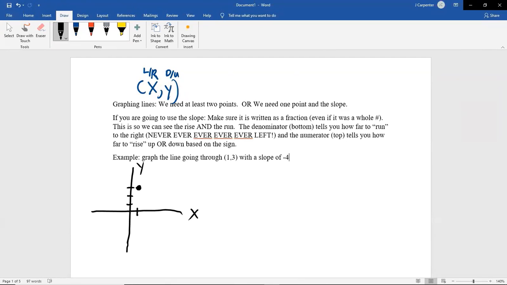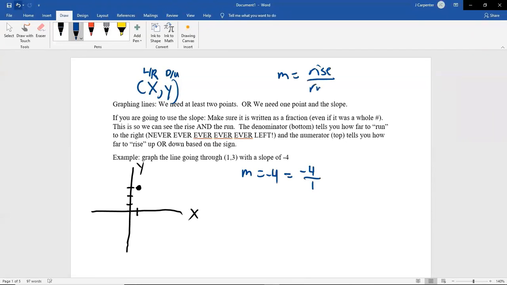So there's the 1, 3, that's this point, the 1, 3, right 1, up 3. And then from there, we have a slope of -4. Now, -4 is not written as a fraction. I said to write it as a fraction even if it was a whole number. So how do we make a whole number a fraction? Put it over 1. And the denominator or the bottom tells you how far to run, which remember slope is